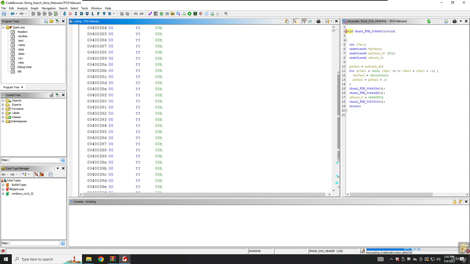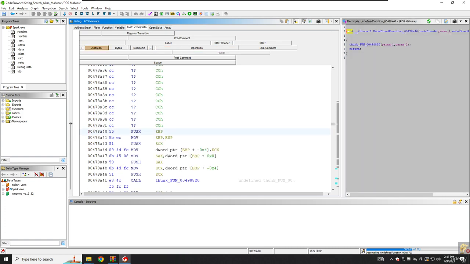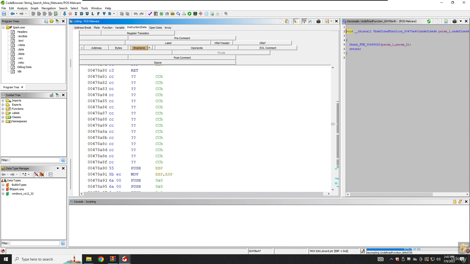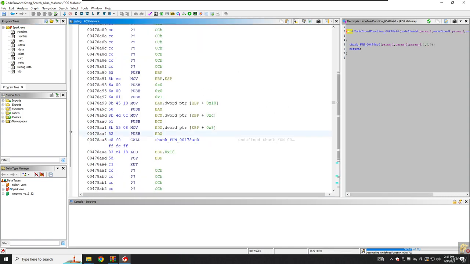Let's get the call functions here, push and so on. It's almost done. We are just playing with it, and let's check the functions and